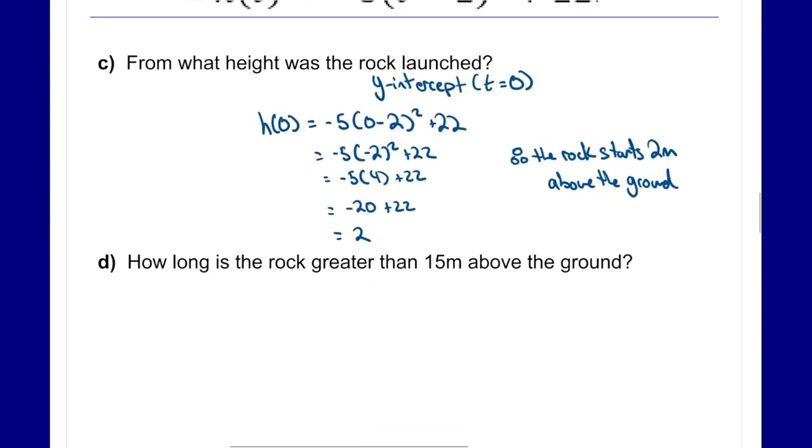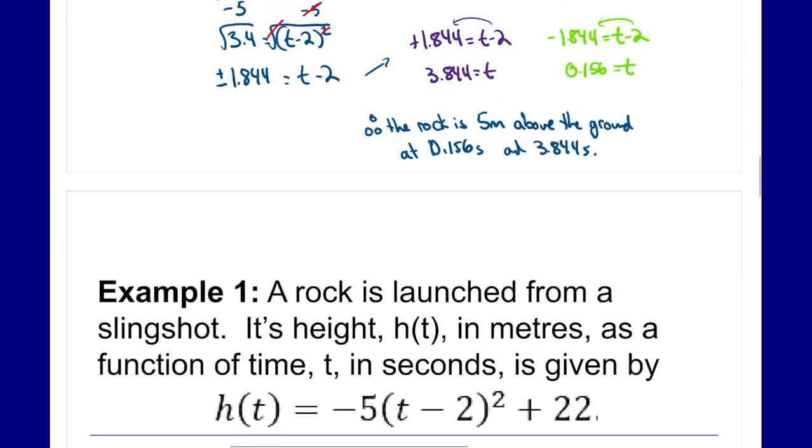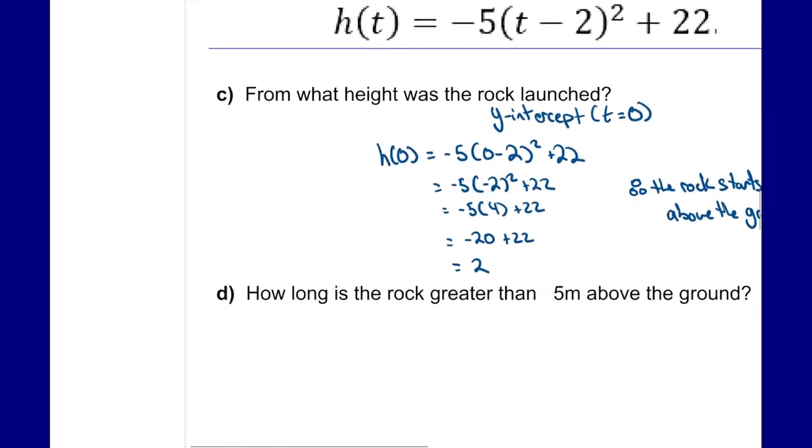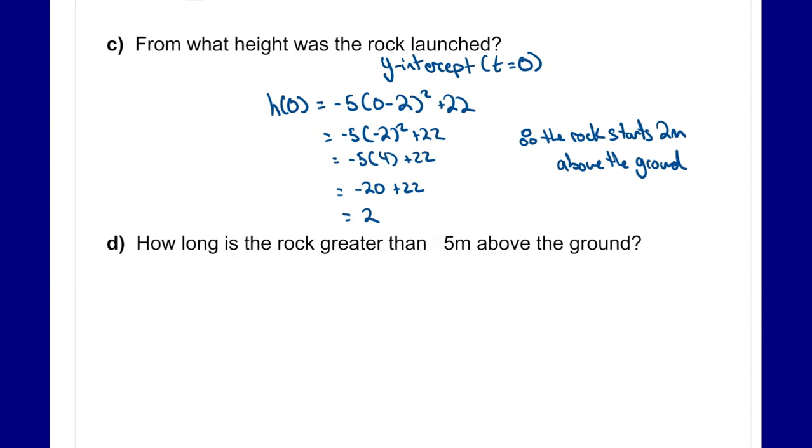Actually, there may be a little bit of a typo in this question. Let's just change it to 5 meters just to keep it consistent. And we'll just keep it with our same answers that we got from part B. Right, so it saves us a little bit of some calculations from doing the same things over and over again. Still gives us a different type of question. So from part B,